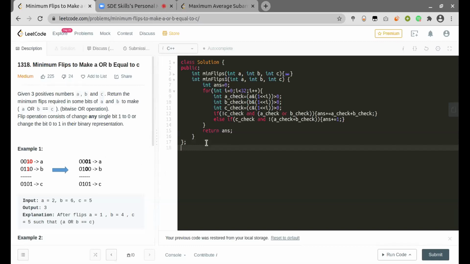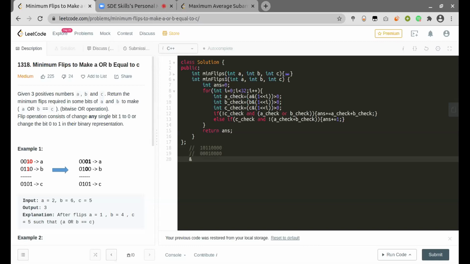Suppose I have to check if this particular bit is set or not. I can use another number which has only this bit set and all other bits set to 0, and then AND both these numbers.